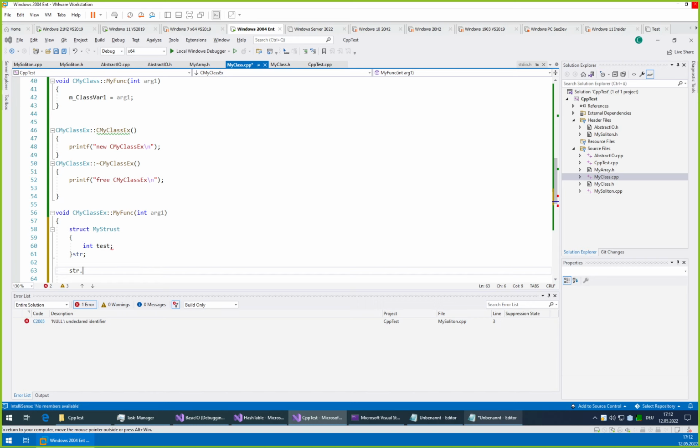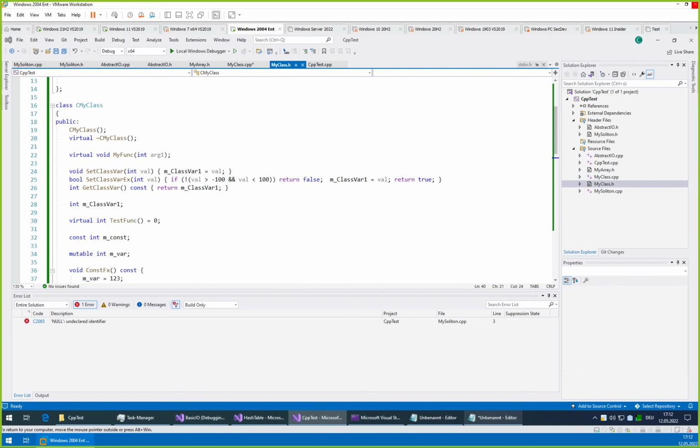Test. So you see that it works just fine. And in principle, we could also just define a class within a function. Actually, that might complain. No, it's fine. And of course, what we also can do is put a class into another class.